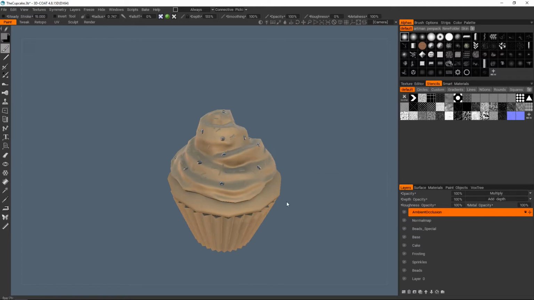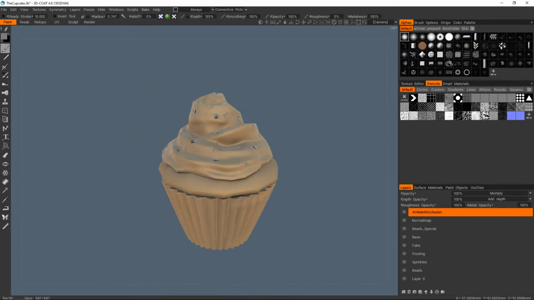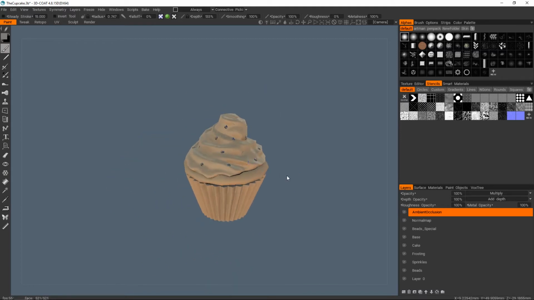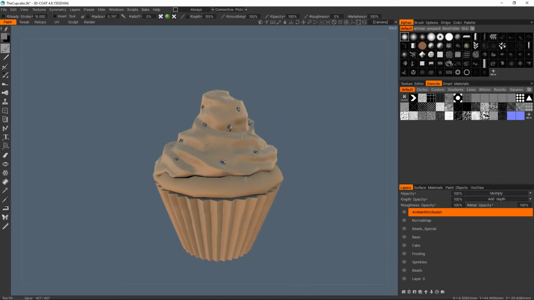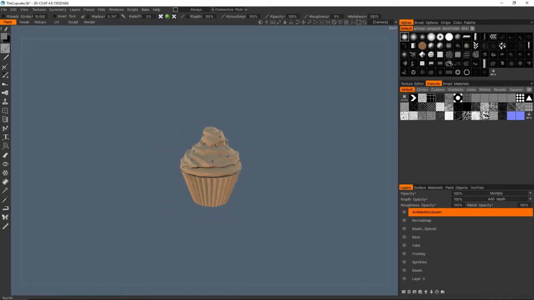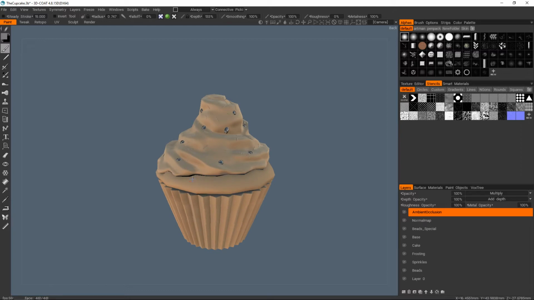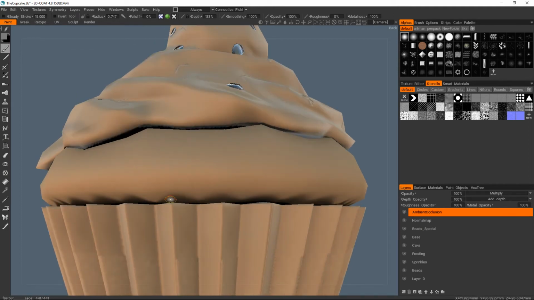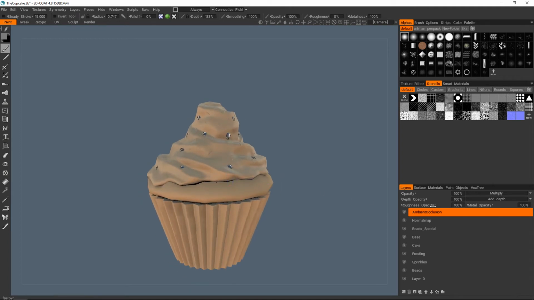So that's our ambient occlusion layer. It's a pretty nice result. I find with anything, whether it be XNormal or any other sort of 3D software that you bake an ambient occlusion from, it's usually always too dark. Like if you can imagine this cupcake sat on your kitchen counter, you wouldn't get these hard shadows under here, and this area wouldn't be so dark. Certainly wouldn't be lit in this triangular fashion. So I tend to tidy up my ambient occlusion a fair bit,